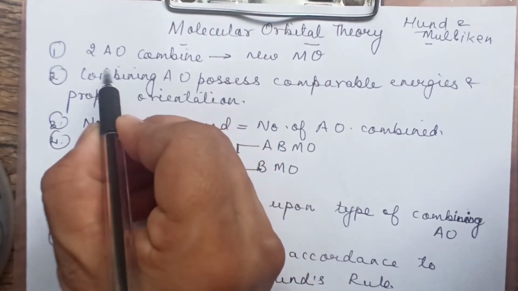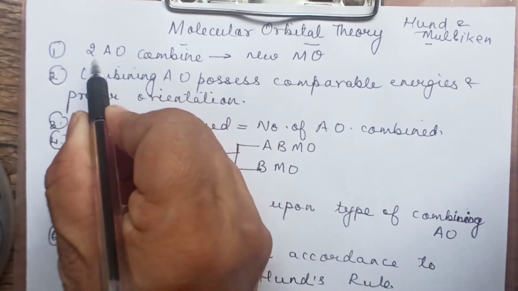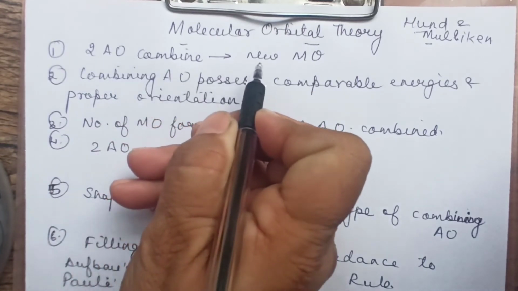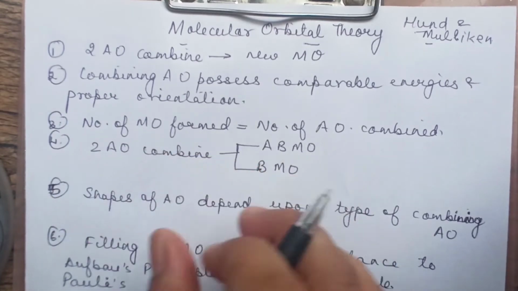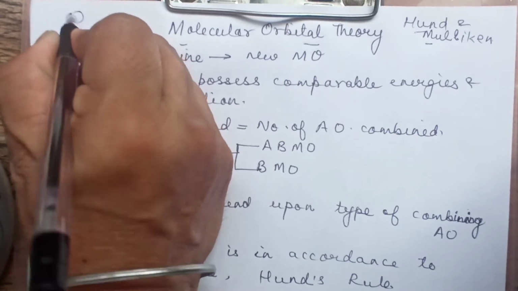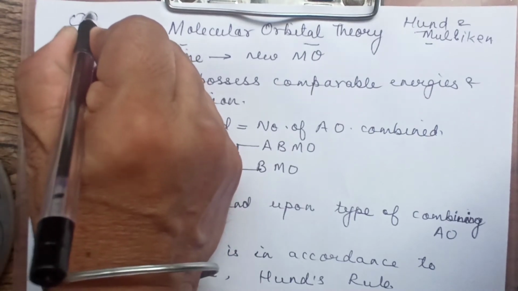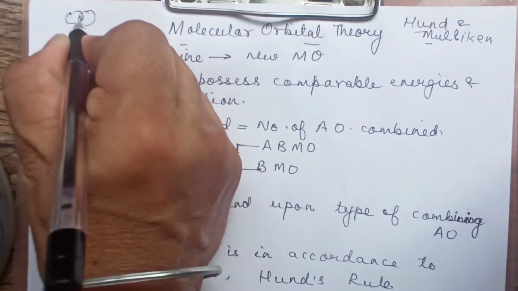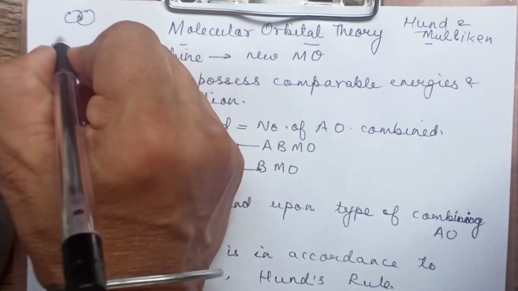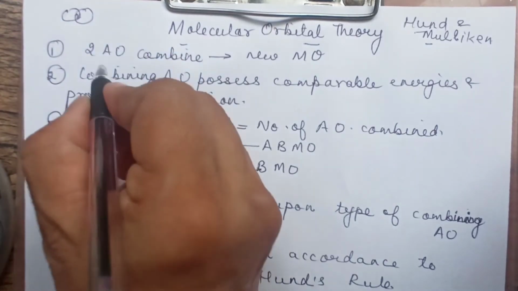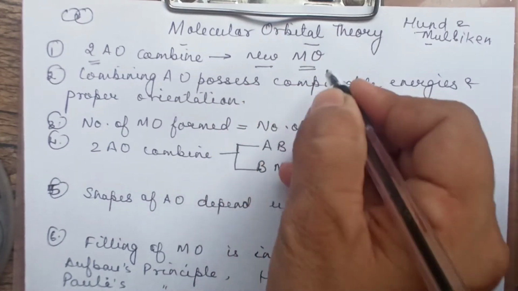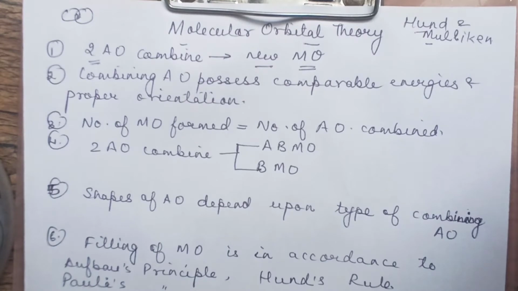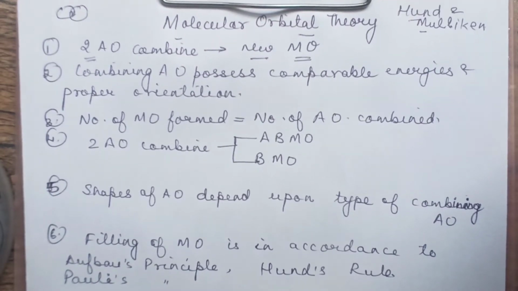The first important point is that according to this, the atomic orbitals combine and new molecular orbitals are formed. Now if you remember, what was VBT saying? VBT was saying the atomic orbitals combine. Remember, we were saying hydrogen atomic orbital, 1s orbital combined, and there were two electrons inside. They were having opposite spin. Here it is saying the two atomic orbitals combine and new orbitals are formed, and these orbitals are called molecular orbitals.